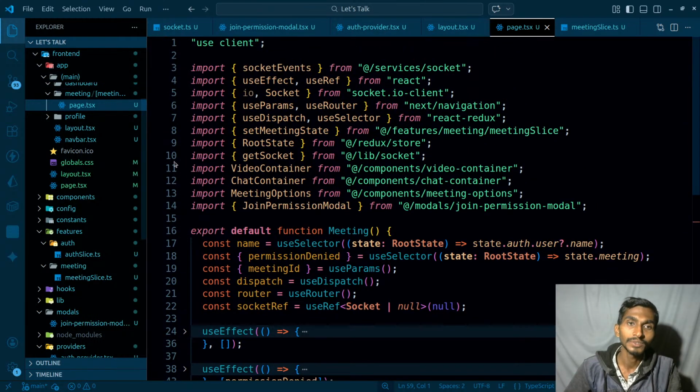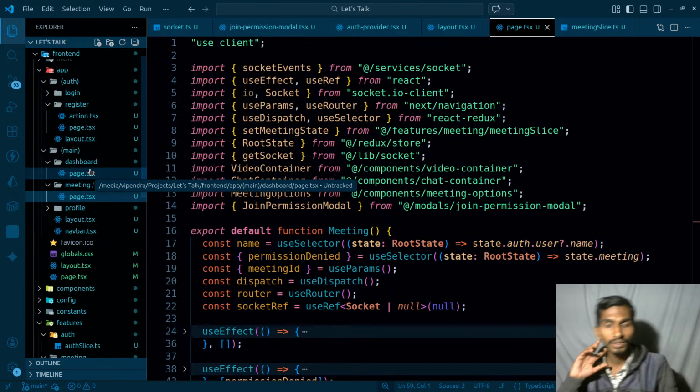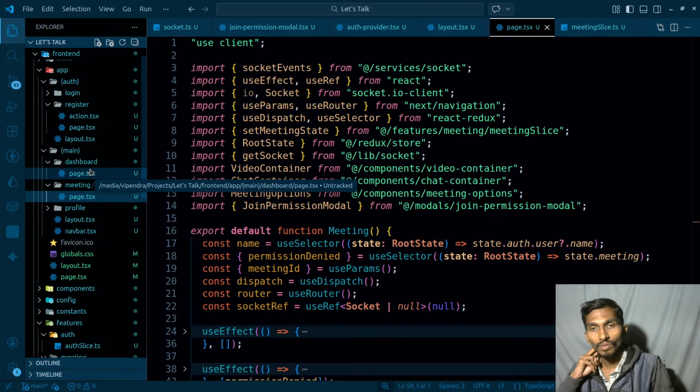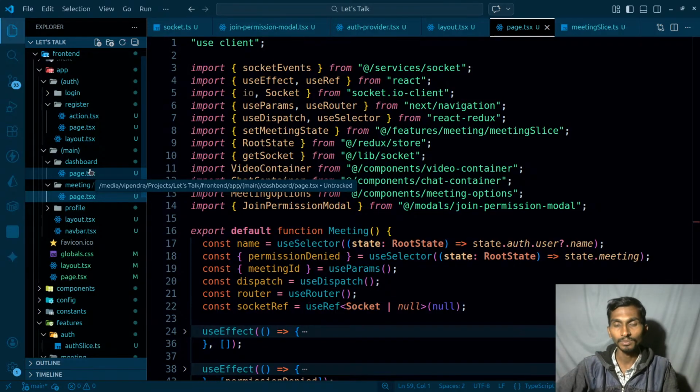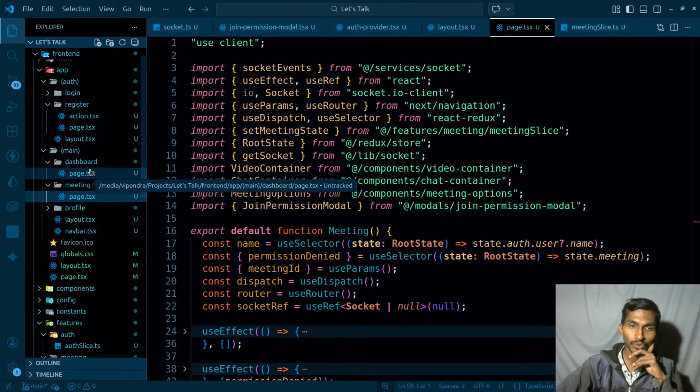Okay, so this much I've done so far. The next thing is going to be, once both of them are connected and they are in the same room, after that I have to create the basic stuff. Creating the basic stuff in the sense that both of them are connected via WebSocket and they are able to send a request to each other. After that,